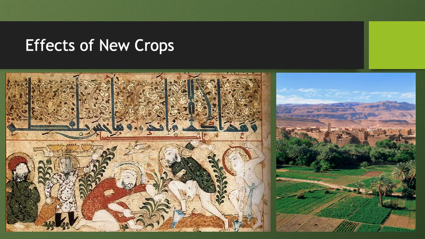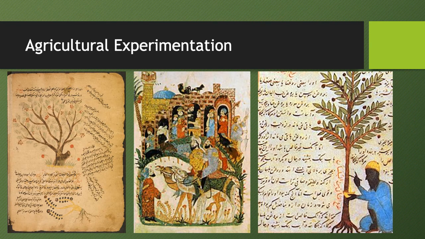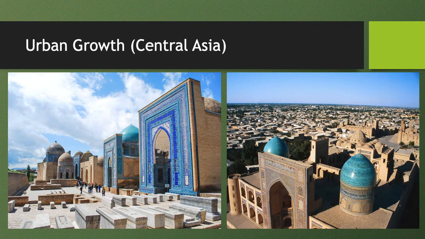So one of the things that helped spread these crops is agricultural experimentation. Like I said, merchants would move from one place to another and see what plants would grow, and then they would document, they would write this down, and they would keep track of these records so that they were able to leave a written record of what worked, what didn't work, and pass that knowledge on. And so through manuscripts, they were able to document a lot of this and help spread these crops throughout what is known as Dar al-Islam.